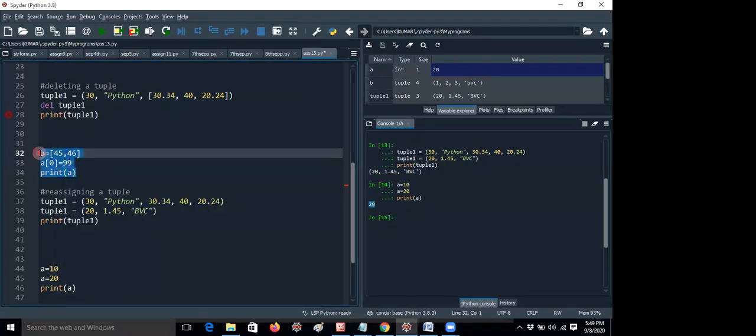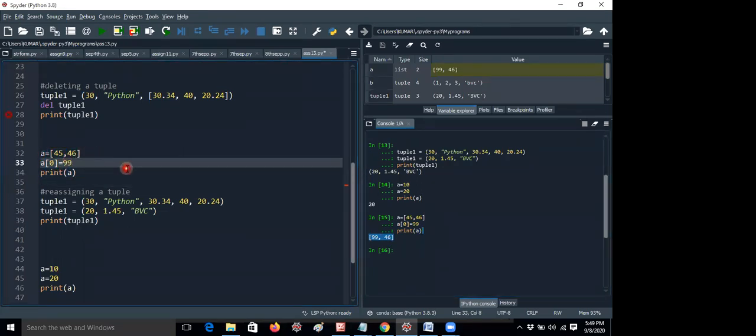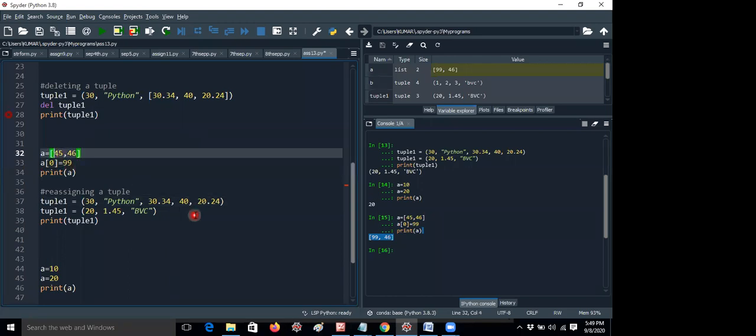Now I am printing the list elements, and instead of 45 I am getting 99 and 46, because a list is mutable. That means you can change any value. But in a tuple you cannot have this operation. For example, let me change this bracket to parentheses.